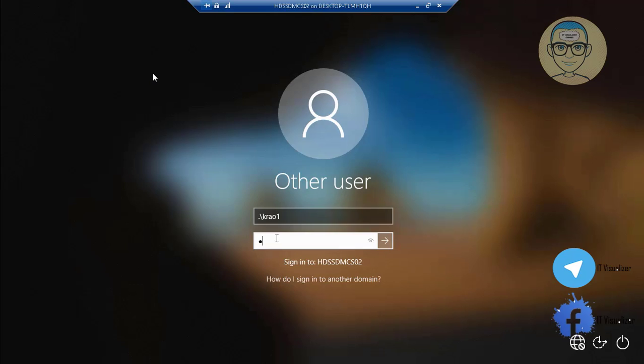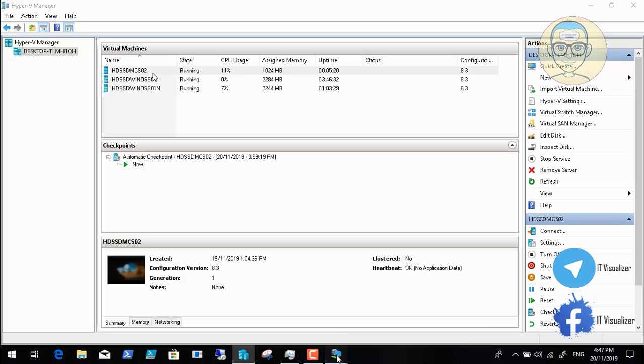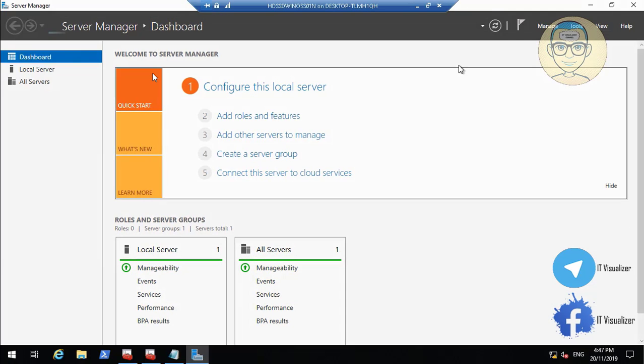Okay, here now what I am doing, I am going to this workstation not through the domain admin account, but the local account. I have a local account created on this workstation. I will use it to unjoin this workstation from the old domain and join it to the new domain. So to unjoin, sorry, this workstation from the old domain to the new domain, you need to do it with a local administrator account on this workstation. Okay,